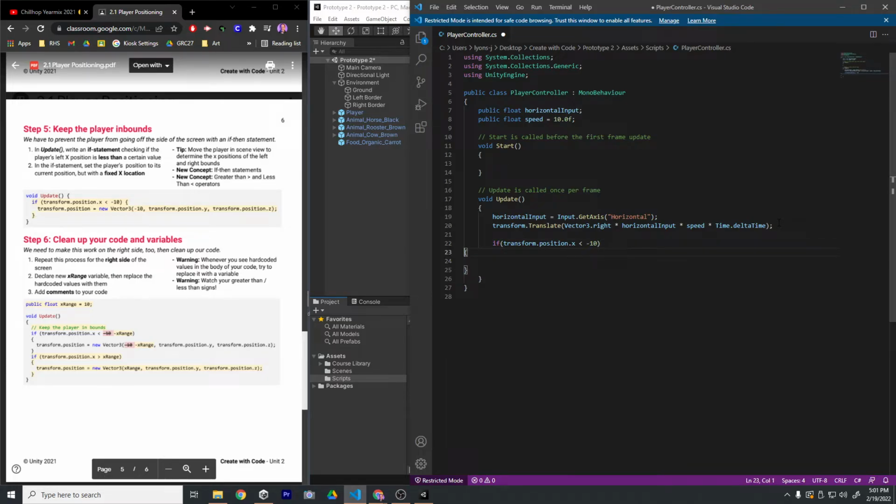Okay, so in the instructions, it puts the curly braces at the end of the line, but I like to put them underneath the if because it makes it really easy to match them up. Make sure you have all the ones you need. But anyway, if it is less than -10, then we are going to go transform